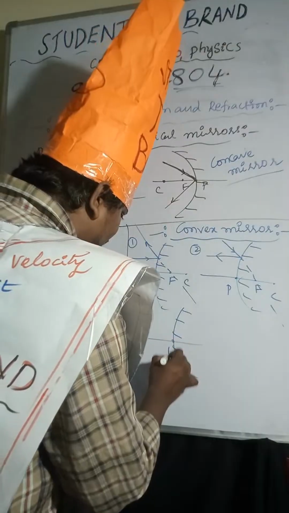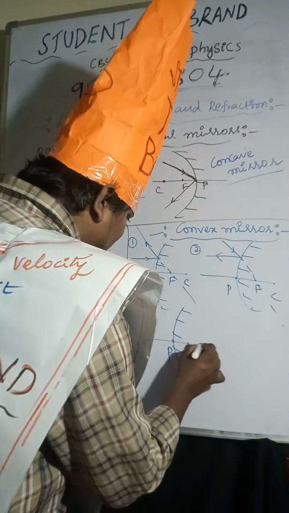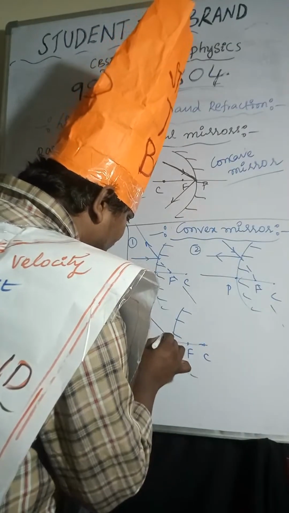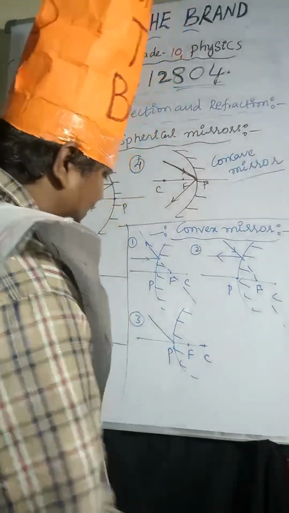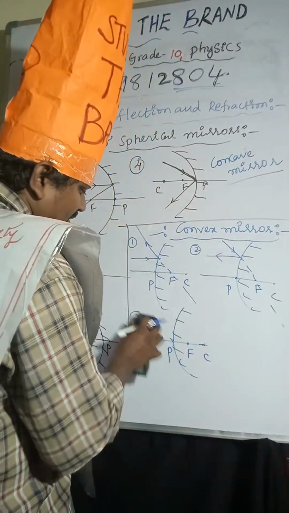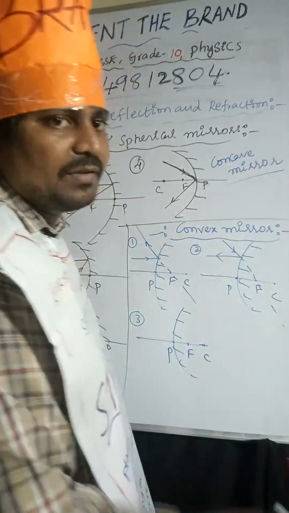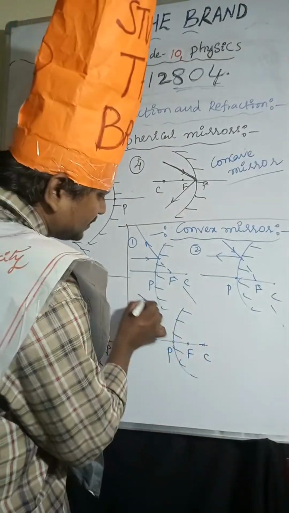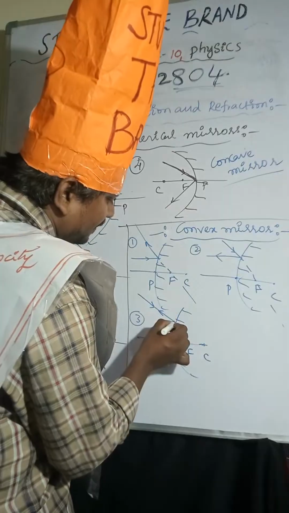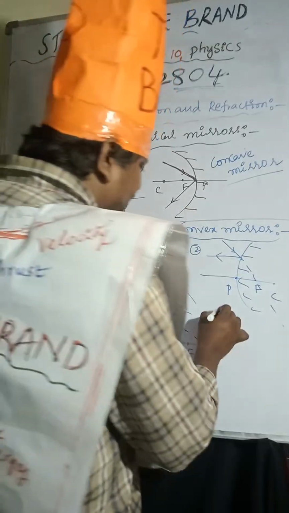so this is the pole, focus, center of curvature. Light ray is passing through center of curvature, right? After reflection, it retraces its original path. And coming to the fourth one,